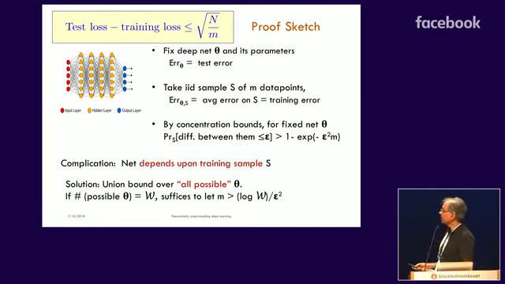Okay, so now, because this probability is so small, you can take a union bound over a lot of models. And so if the number of possible models is W, this script W, then it suffices to let m be more than log of that number divided by epsilon square. And you still get a probability almost 1 that the model generalizes. So all of these models generalize. Okay, so that's what the generalization theory does. It says all possible models generalize on this sample.